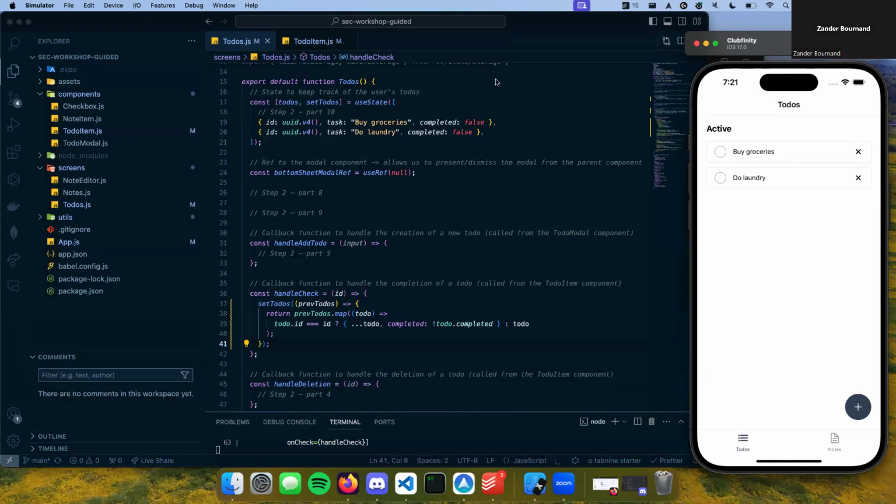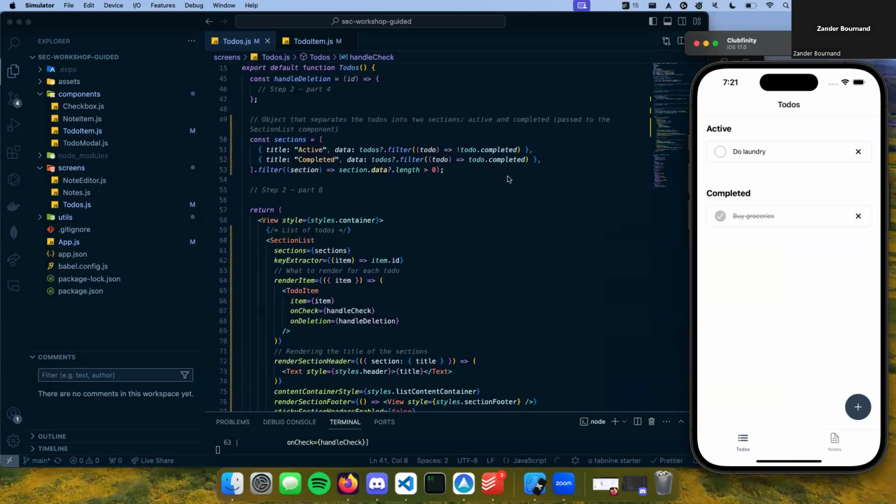Now what should happen is if I click this, there we go. So I click the item, I checked it, I change the state completed from false to true, and now we have two sections, right? Remember, we declared this sections object here. So now we have active and completed. So now you have a way to check items. And we'll do a very similar thing for deleting. So now, if we just add in the code for deletion,